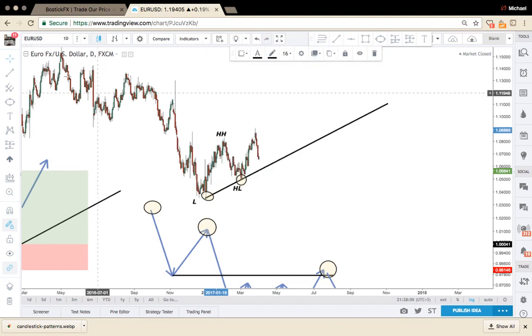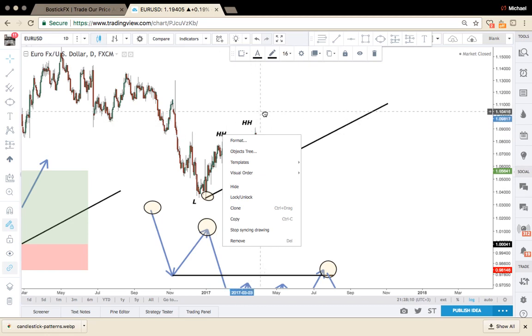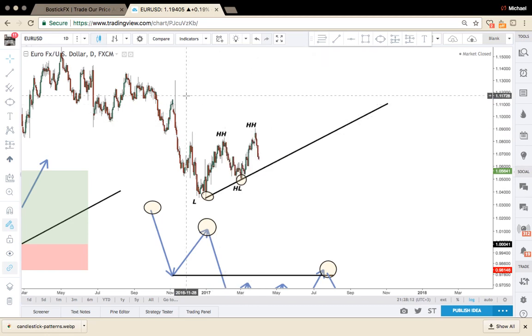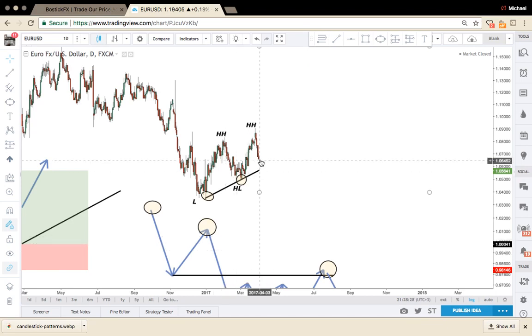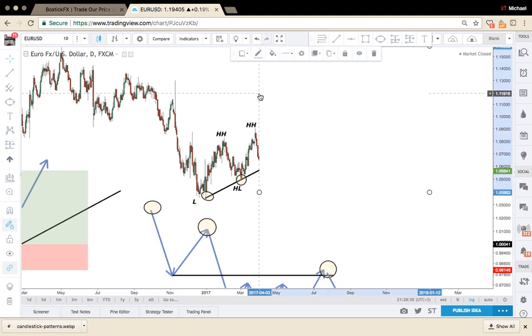So you can already expect price is probably going to make a higher low, which it's already started to do at this point. And you want to wait for price to hit that trend line for a third time so that you can enter a position. And as you guys already seen, boom, it hits